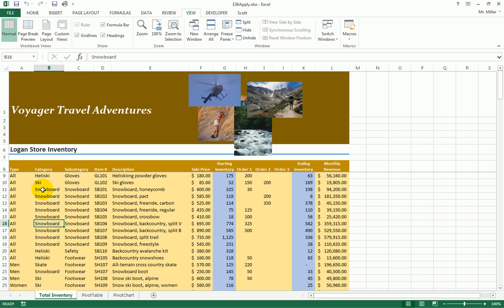In other words, there's a snowboarding category here. I want to see what the monthly revenue was for all of the snowboard items. There's a skate category. I want to see what the monthly revenue would be for all of the skate items. Well, in order to do this, we need to first sort the data based on what I'm wanting to subtotal on. So since I want to subtotal based on the category, let's go ahead and click anywhere in this category